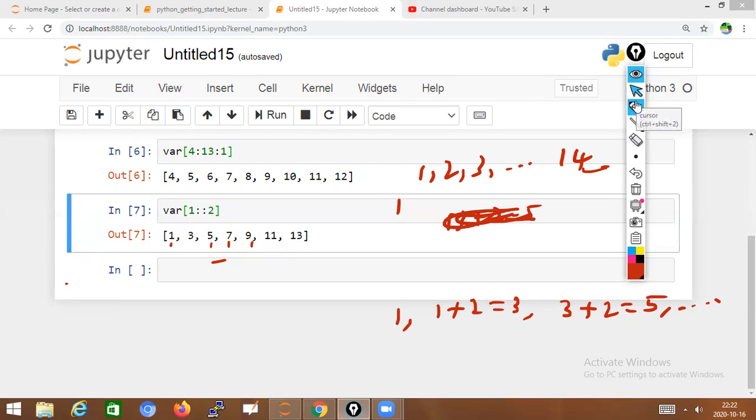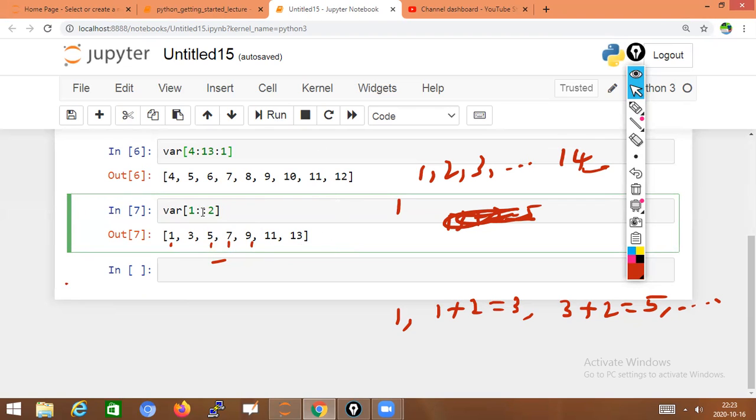In this, what we did means, wait a minute. In this, the middle value, the end value, we did not mention. So up to whatever the list will be there, it is generating up to that list. 14 values will be there. So every time it is increasing by 2, and it is going up to the last, which means up to your 13. Next, if you write 13 plus 2, it is 15. It is not in our list, so that's the reason it is not displaying.